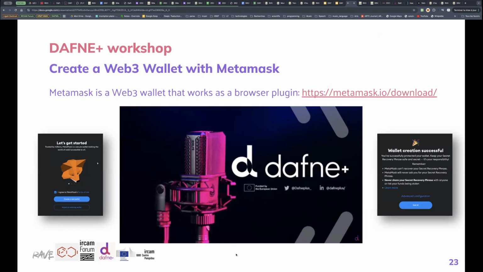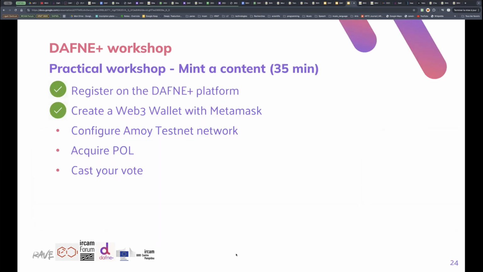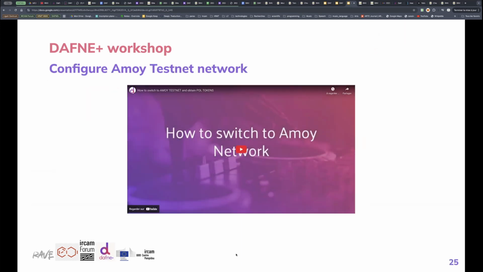Right. So this step can be seen as a way to acquire a wallet that is beyond the scope of this project. You can use this MetaMask wallet for other purposes, such as Bitcoin and other NFT marketplaces and other networks. So we want to actually attach or configure our MetaMask wallet to work with the MOI testnet network. So to do so,